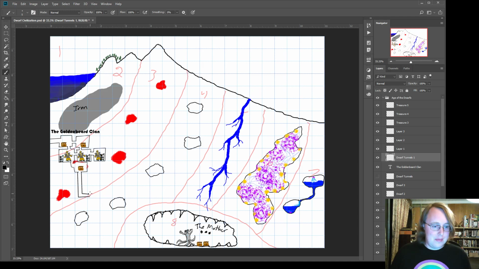I'm gonna build a little cluster of rooms. We'll build a branching path here. And we'll build